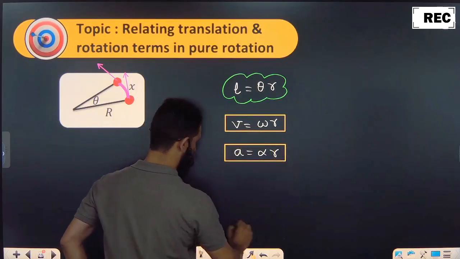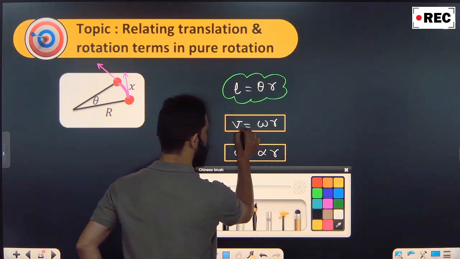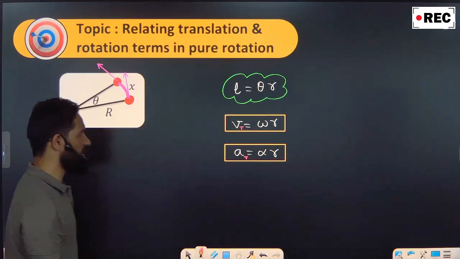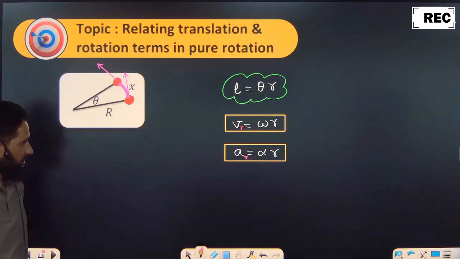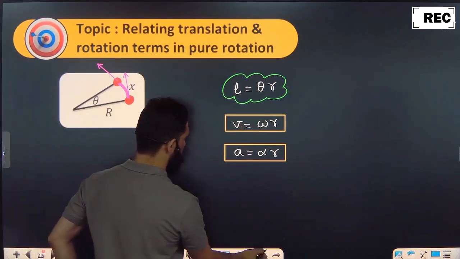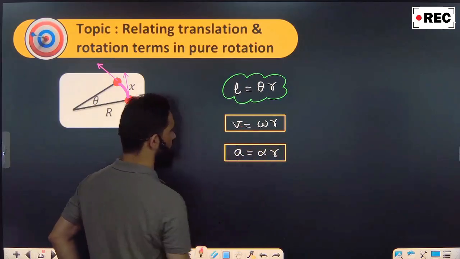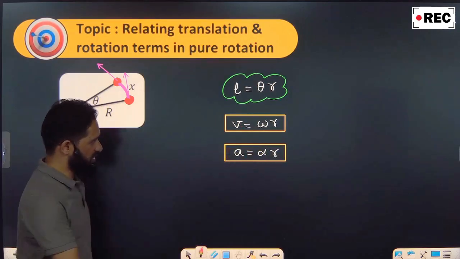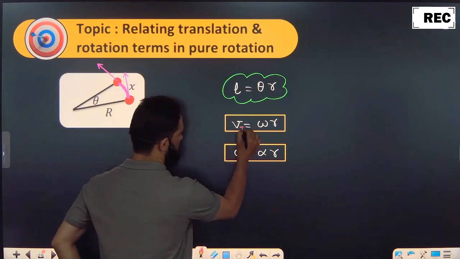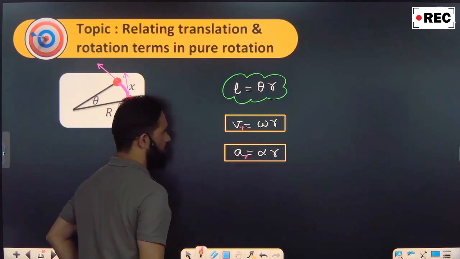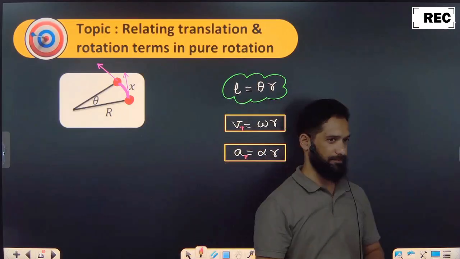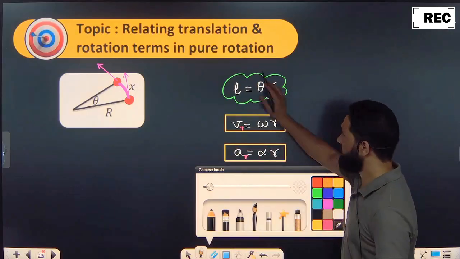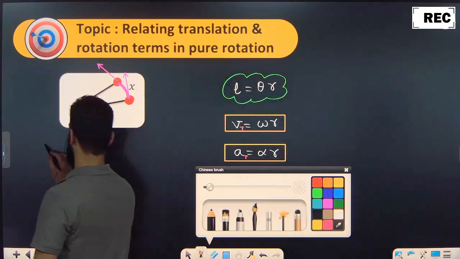But you know what type of omega and what type of v it is? Tangential. We call it tangential. Simply, v is omega r, linear, we call it linear acceleration. Or yes, we can say it is tangential. What is the direction of this v and this a? It is tangent to this circle. Remember one thing, the linear parameters are tangential to a circle.